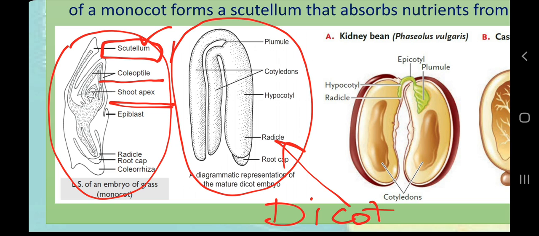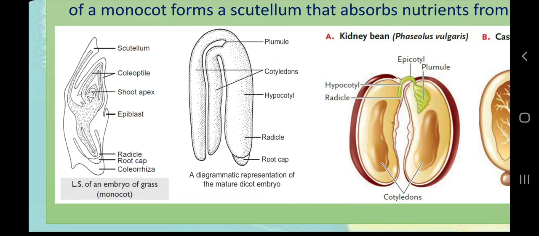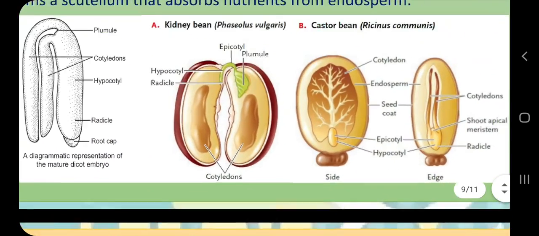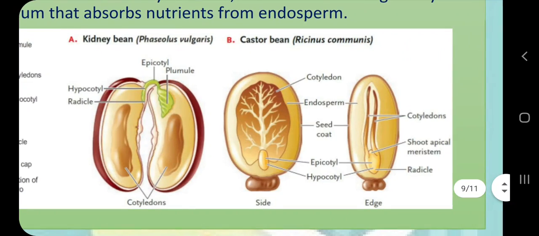So embryonic shoot and embryonic root are very tiny and very soft. They are very vulnerable. So we need some protection. So this radicle will develop into root, and this plumule will develop into shoot, and this coleoptile is a protecting layer on the shoot apex, and in the same way the coleorhiza is the covering on the root. So this is the very simple introduction of monocot seed and dicot seed, and here are some animated diagrams for better understanding of monocot and dicot seeds.